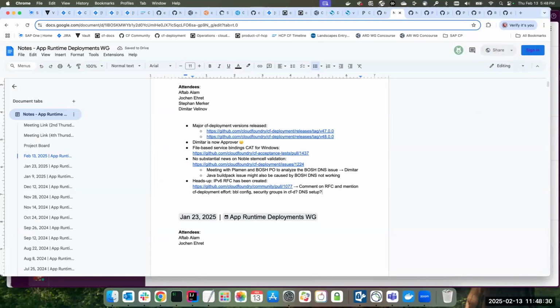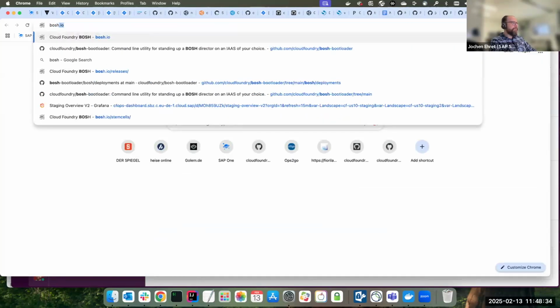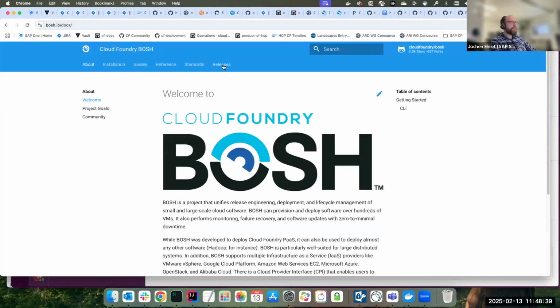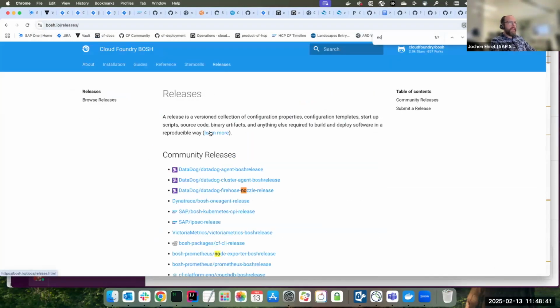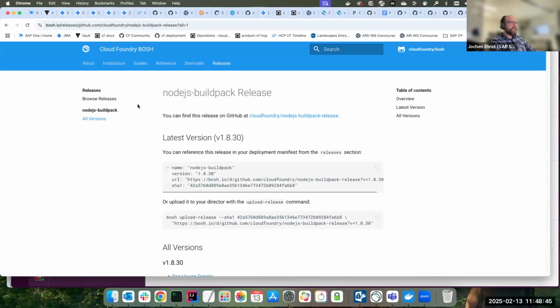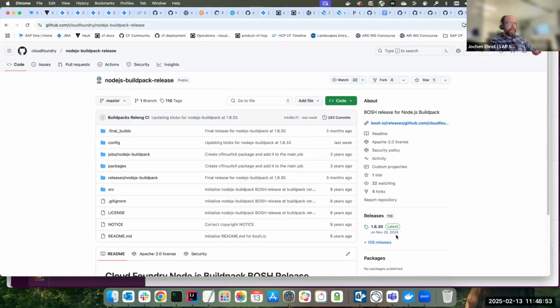Maybe just the buildpacks issue that is getting delayed. I checked this morning and there was no change. So the buildpack releases do not get any updates on bosh.io. This one, 1.8.30, is from, I think, November, because they are refactoring their stuff or migrating from Concourse to, what was it, GitHub Actions?